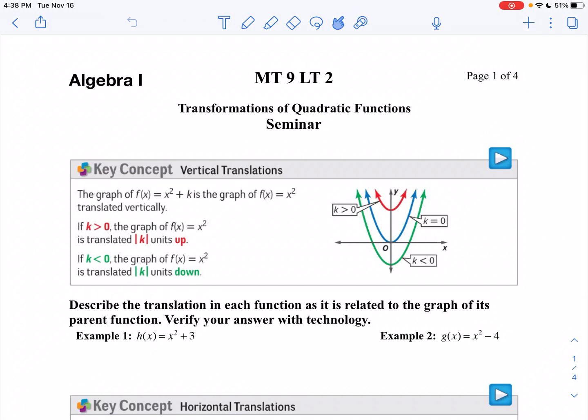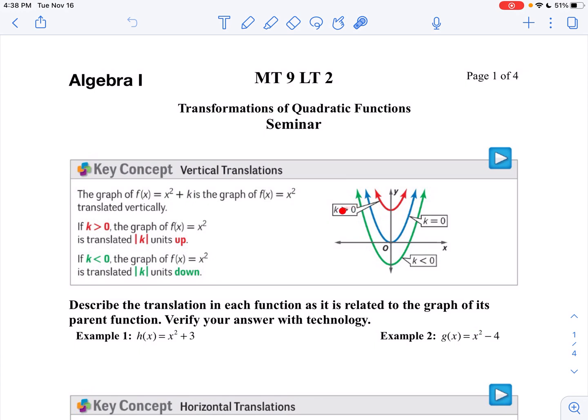Hello, in this lesson I want you to apply translations to a quadratic function. I want you to apply dilations and reflections to quadratic functions. Some vocabulary you're going to come across is vertex form. First off, if we have this parabola and its parent function is y equals x squared, that's my blue graph